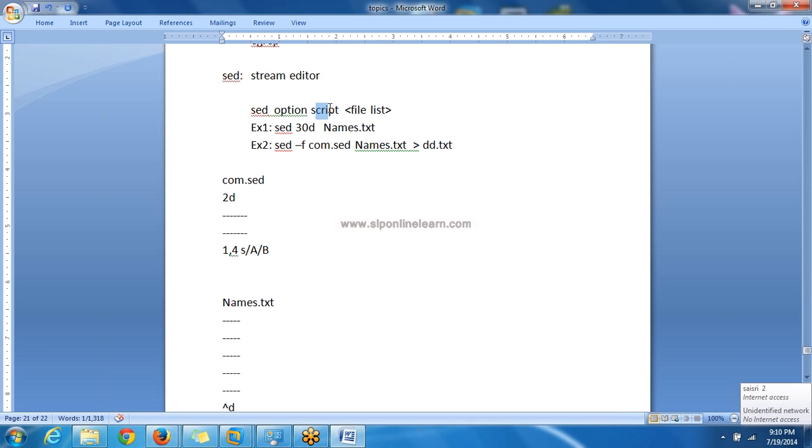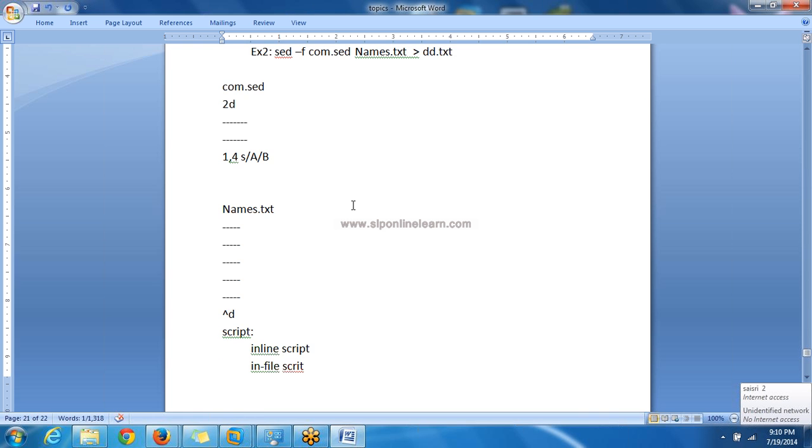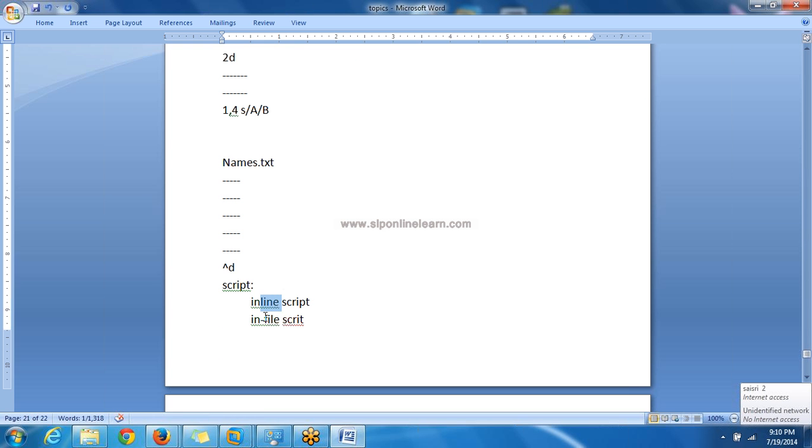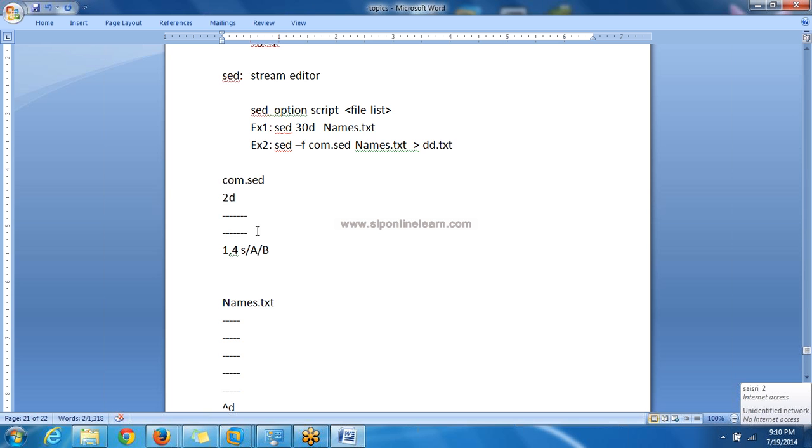Next, script. We have two kinds, inline script and in-file script. This is an example of in-file. Inline is a small, one-line regular expression. In-file contains a set of commands or regular expressions.